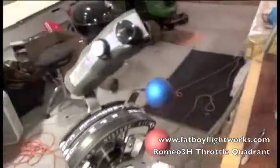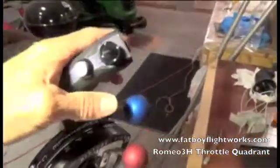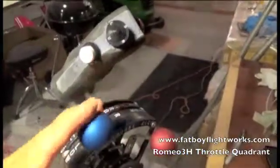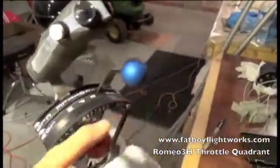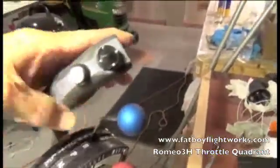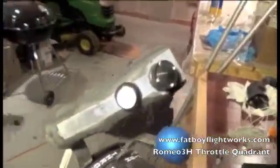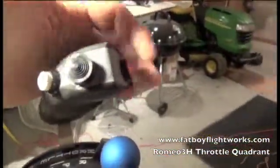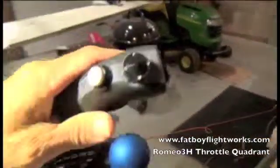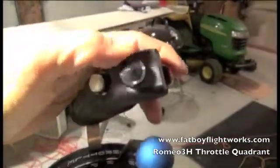Okay, so this is a Fat Boy Flightworks 3-lever quadrant. You got a throttle grip, throttle lever, outboard, prop in the middle, and mixture on the far inboard lever. This particular throttle grip is designated a Romeo style 3H, so 3 switches, and the H stands for hat. This is a trigger. You can have this one configured for a trigger, push button, tactile, military spec switch here